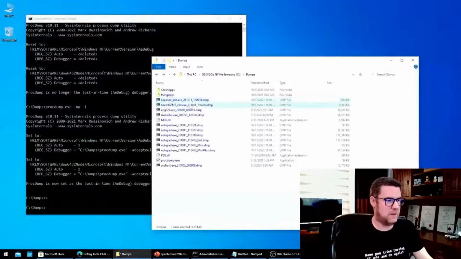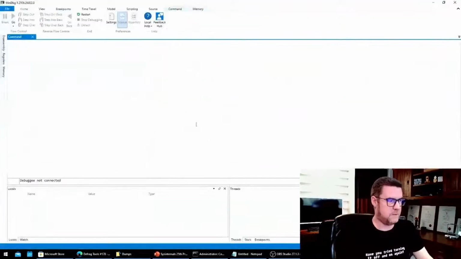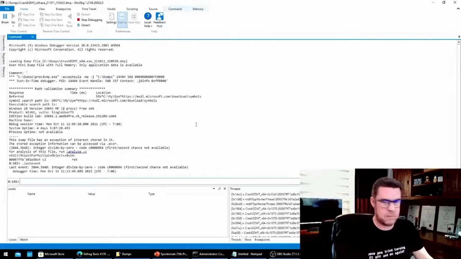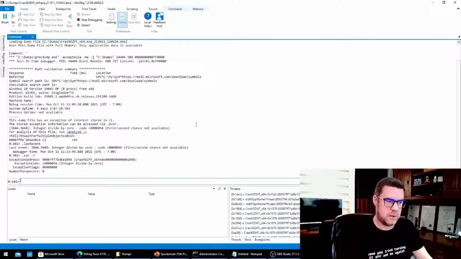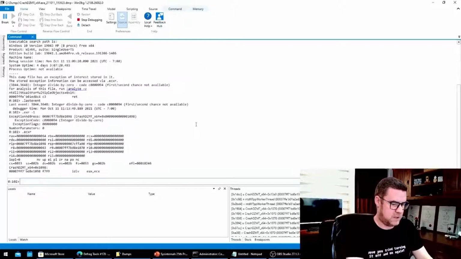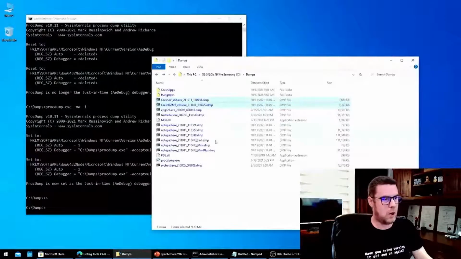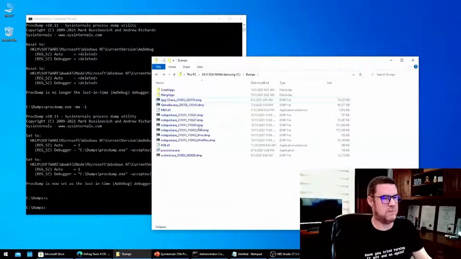So let's quickly do that for some other dump files that we have on this box. .lastevent, divide by 0, so we already kind of understand what we're doing here. Exception record, no additional parameters, change the context, and then you can see the line of code and the instruction that crashed. More commonly, this is what you do in real life.